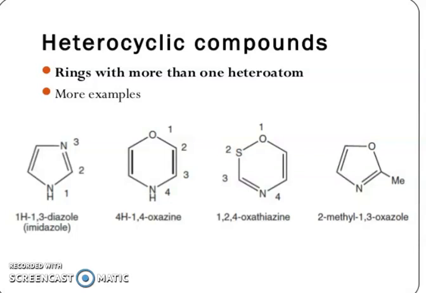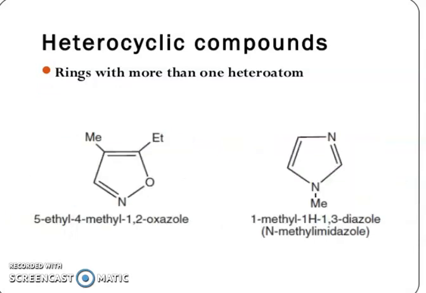Now you can see here 2 heteroatoms, oxygen and nitrogen, so automatically you know there is a substituent also. So starting from O, then at position 2 a methyl group and at position 3 nitrogen. So oxa for oxygen, aza for nitrogen, and -ole for 5-member. So this is 2-methyl-1,3-oxazole.